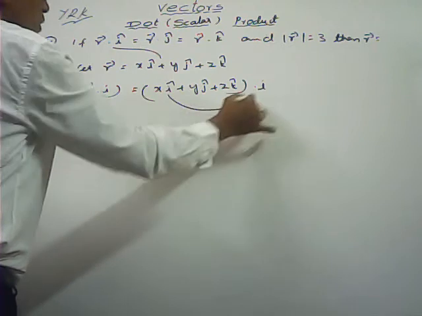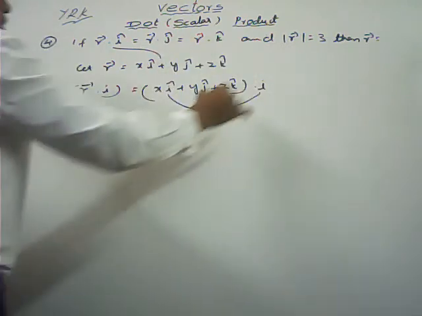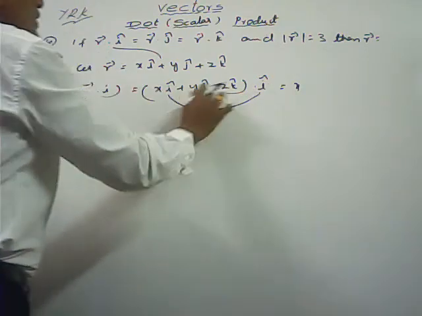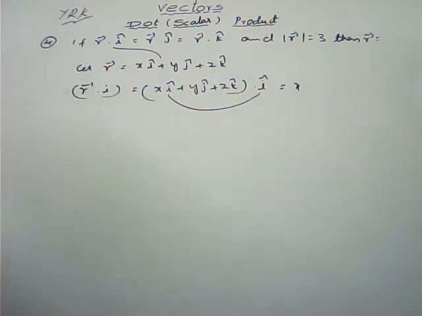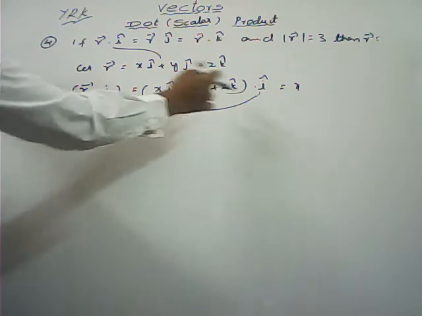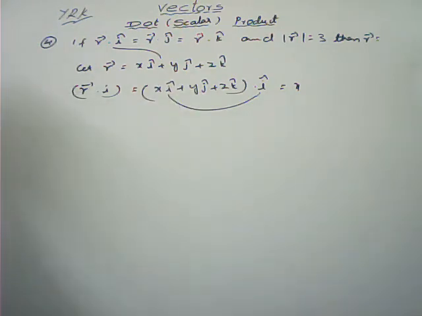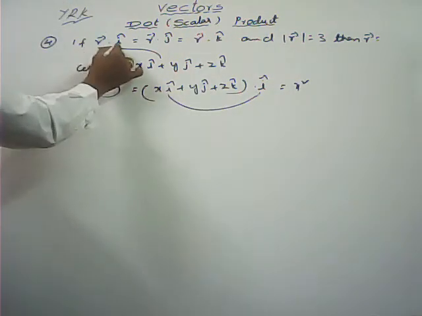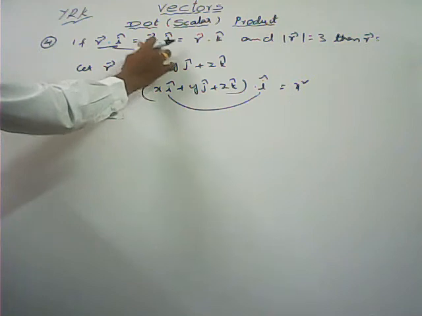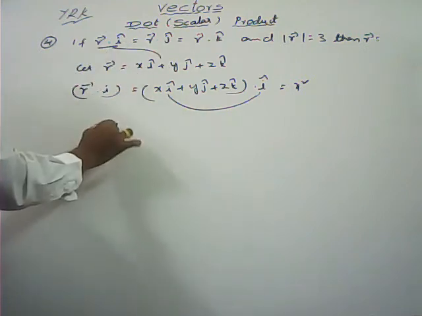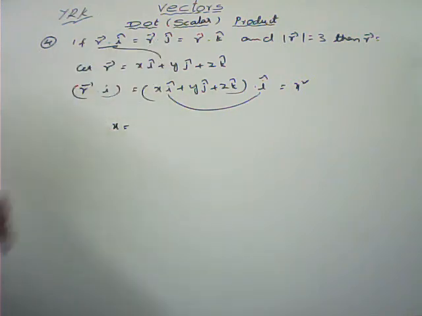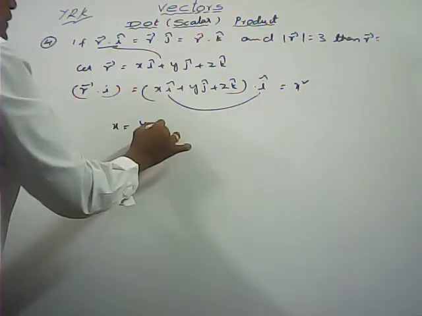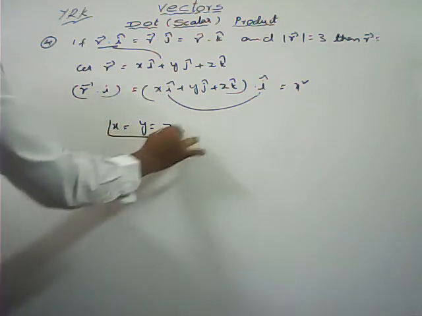So here I cap dot I cap, modulus of I cap square, is 1. So X we are getting, and J cap dot I cap is 0, and K cap dot I cap is 0, since both are perpendicular, so their dot product equals 0. So here we are getting only X. So this is X. By taking the dot product of these two vectors we can get Y, and the dot product of these two vectors we can get Z. All the three are equal.